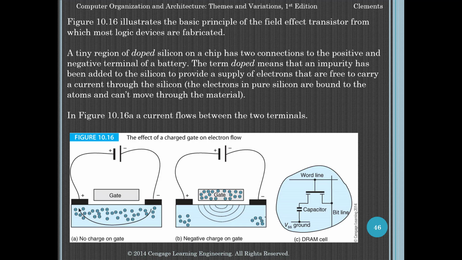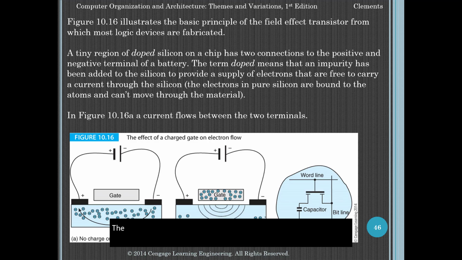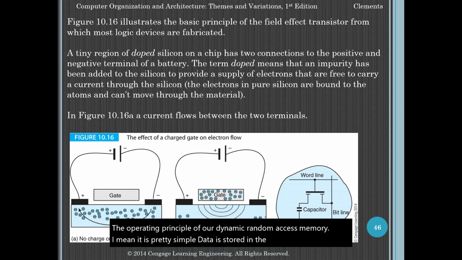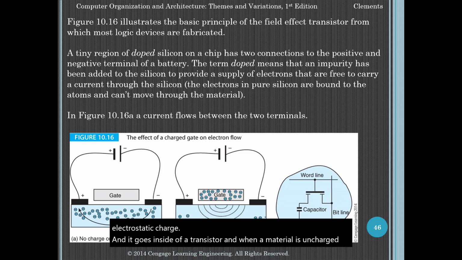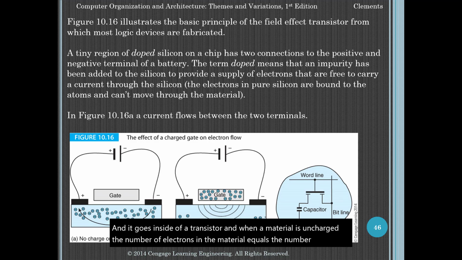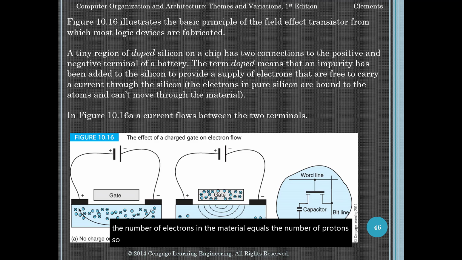So the operating principle of our dynamic random access memory is pretty simple. Data is stored in the form of an electrostatic charge, and it goes inside of a transistor. When a material is uncharged, the number of electrons in the material equals the number of protons. So negative electrons cancel out the charge on positive protons, and there's no overall charge. So we have just nothing. When a material is charged, electrons are either added or removed. If there are too few electrons, the charge is positive, and if there are too many electrons, the charge